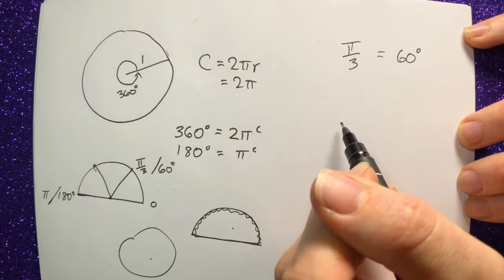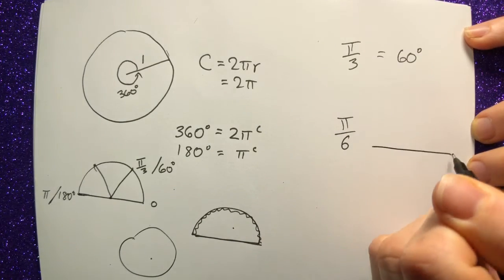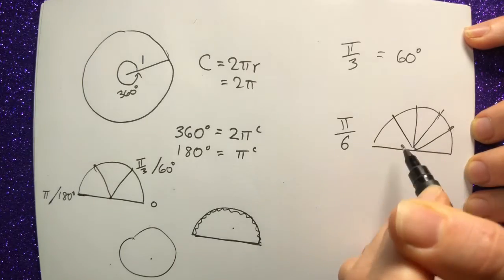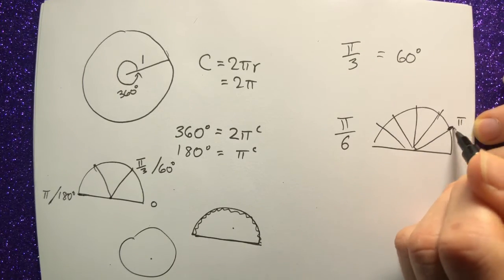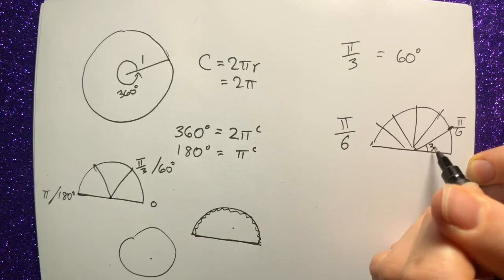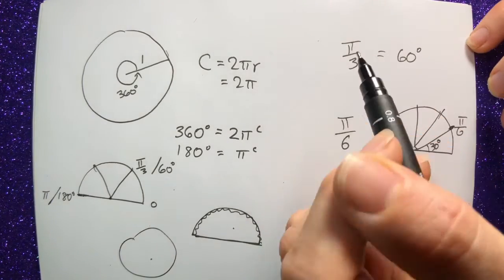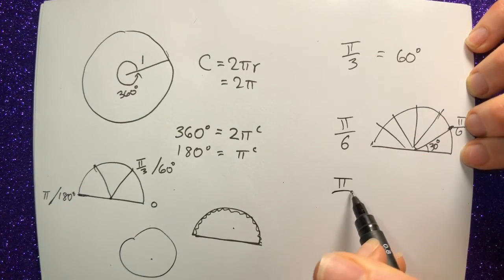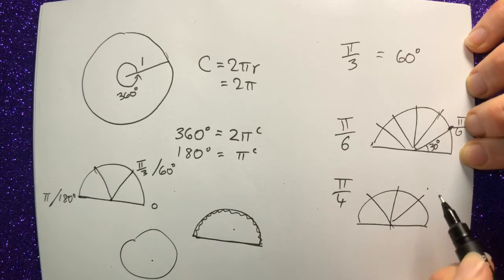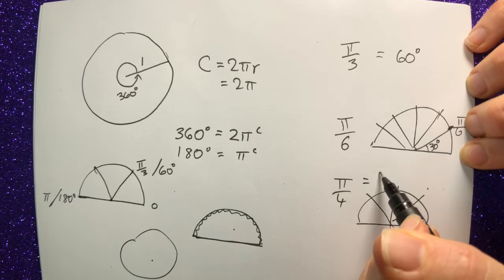So if I am asked to work out how big pasty on 6 is, I take my pasty and I cut it into 1, 2, 3, 4, 5, 6 pieces, and I go, pasty on 6 is that big. That's the same as a sixth of 180, which is 30 degrees. Some of these you'll learn. You'll actually learn pi on 3, pi on 6, pi on 4, another really easy one. Cut your pasty into quarters. That's pi on 4. That's the same as 45 degrees. You'll actually learn those